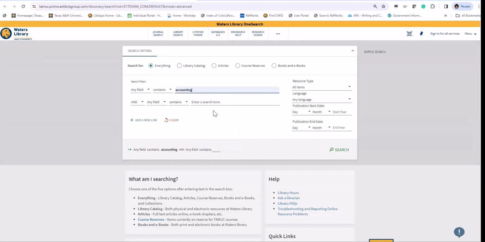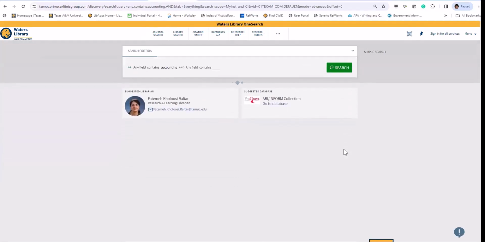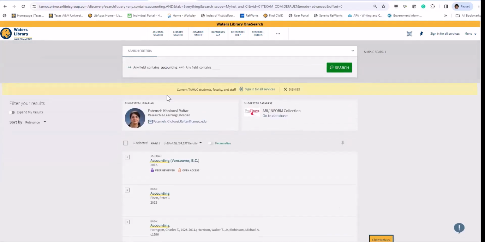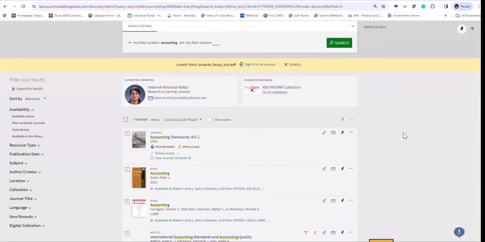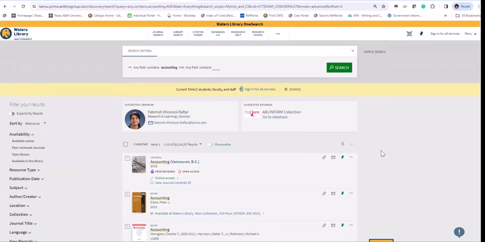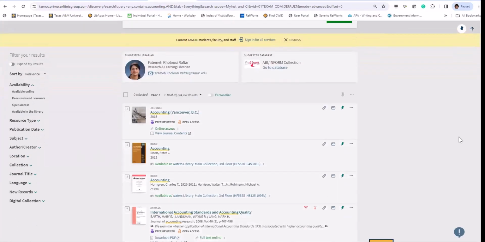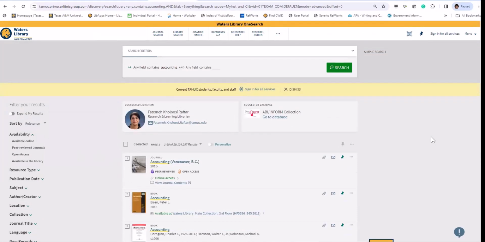If you click, it is the type of journal that you're looking for. If you click on that, oh, because I'm the business librarian, it shows me here. Okay, I think there are some issues because it gives me books and something. As I told you, when we clicked that journal, it took us directly to our scholarly